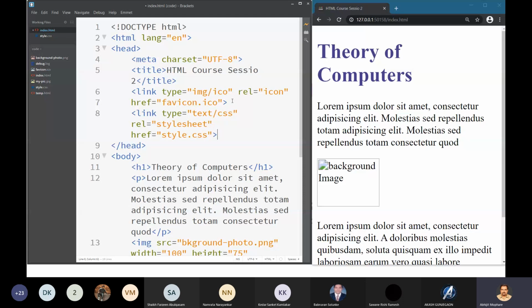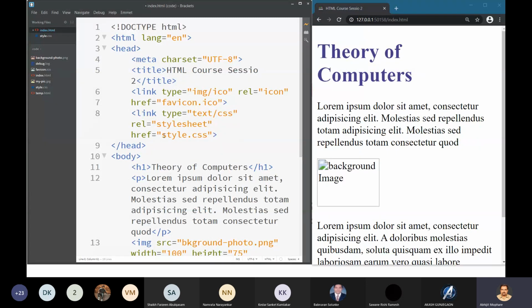And this is a reference. href means it is a pointer, an address of that CSS file, right? Here, hyper reference means you have to give the URL to that particular file. Now since I am in the same directory, I am simply giving style.css. Later on in due course of time, we will go into the complexity of how to specify the web URL and all. But right now, we will not bother about that.